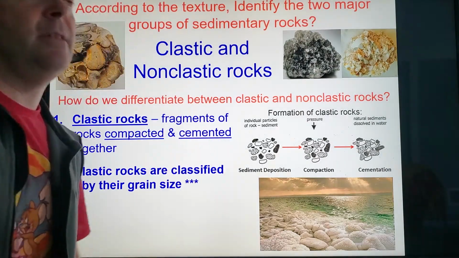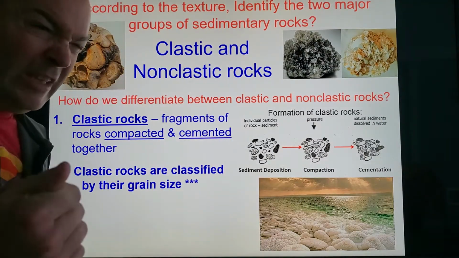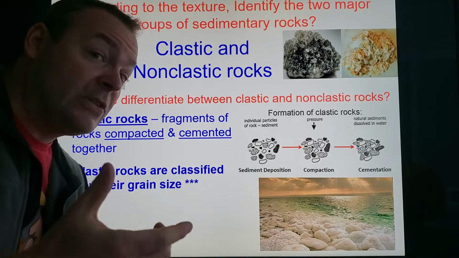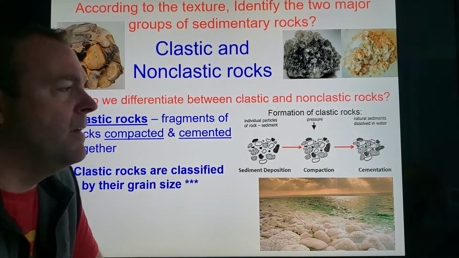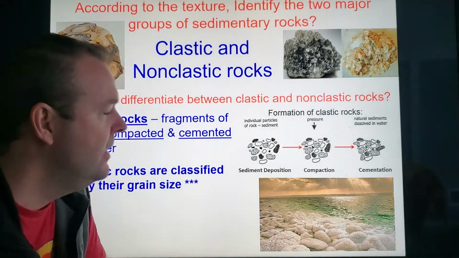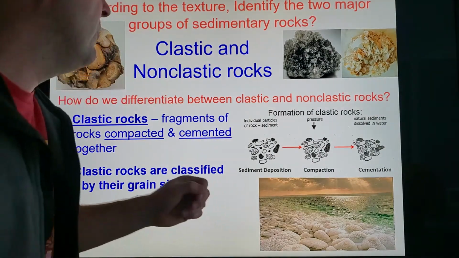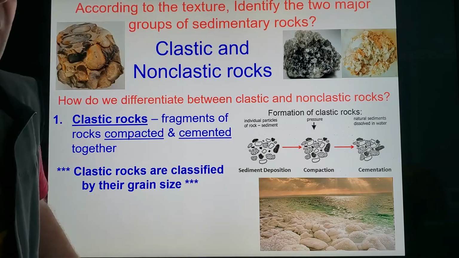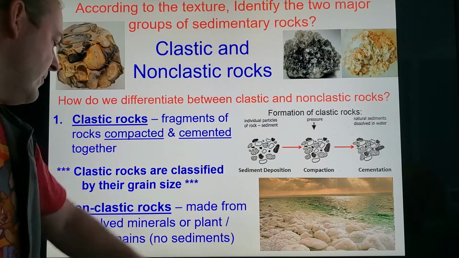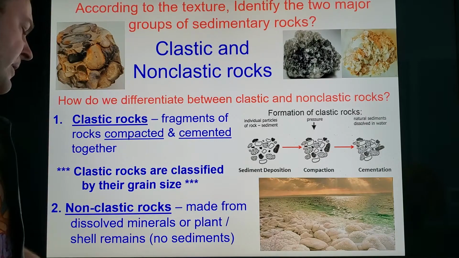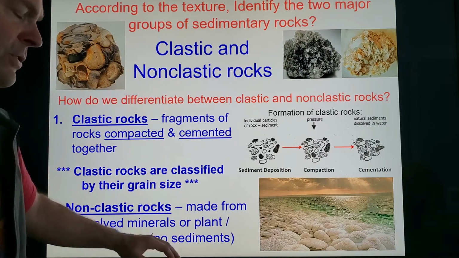And I spoke about the other day, you can really feel it oftentimes easier than you could see it, right? Our sense of touch is more sensitive than our eyes can zoom in, in a sense. And just by rubbing the rock, you could pretty much tell what size sediment is in there. All right. The non-clastic rocks are made from those dissolved minerals or plant remains. So they do have 2 very distinct